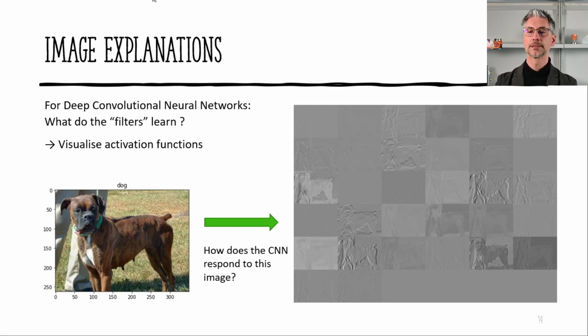We can also understand a bit more how neural networks learn by looking at the different ways a network is composed. Deep convolutional neural networks generally work in such a way that the lower part of the network, or the first few layers, are filters that learn image features, and the later part of the network has to do with the classification, like which kind of dog there is. So if we visualize the activation function, we can understand in a bit more detail how such a filter was learned and what these different filters are about.